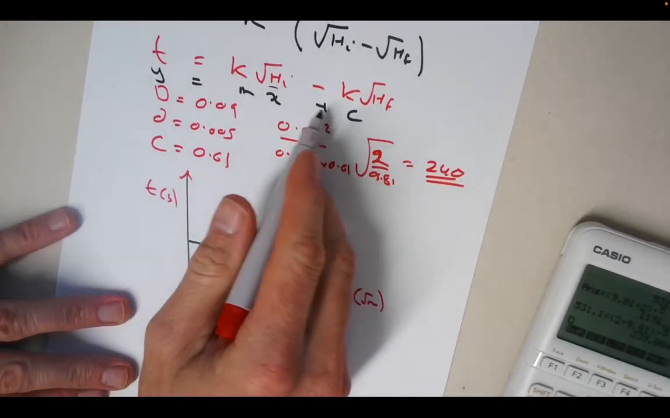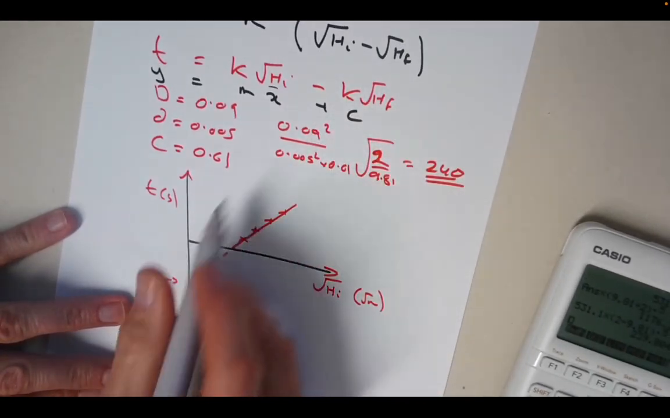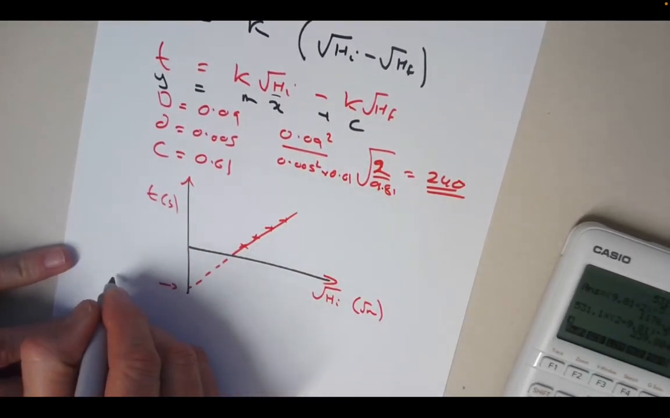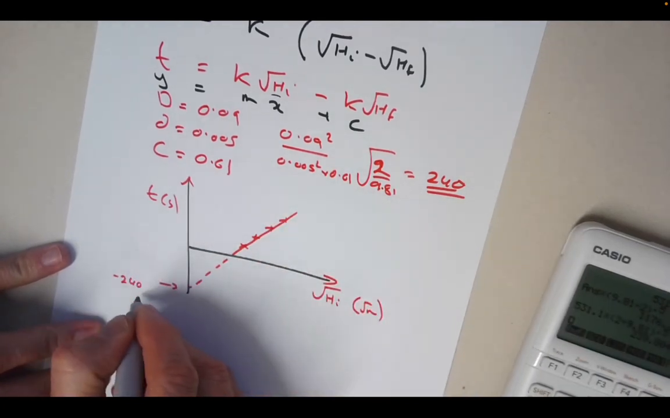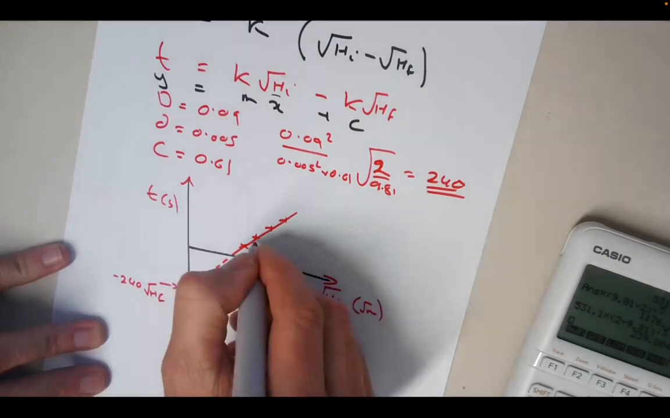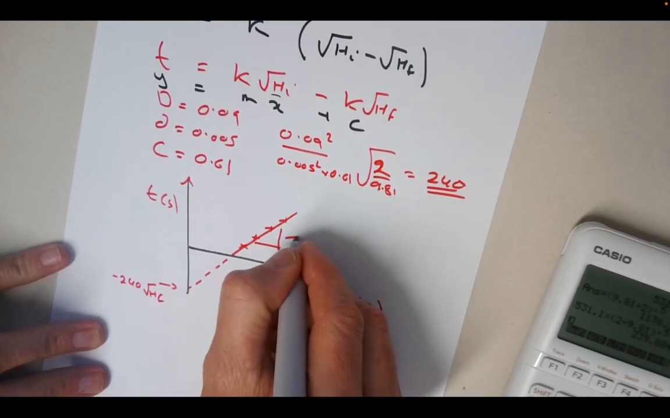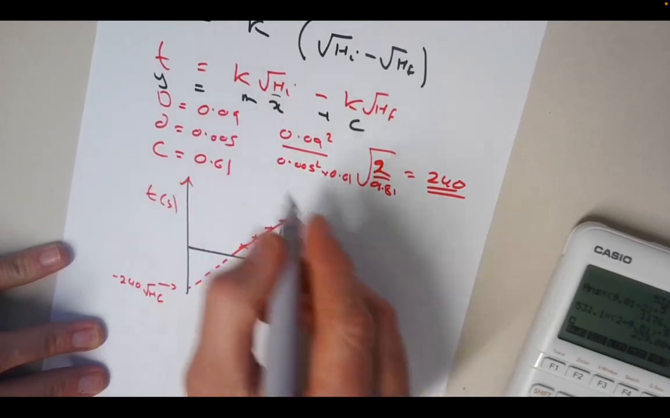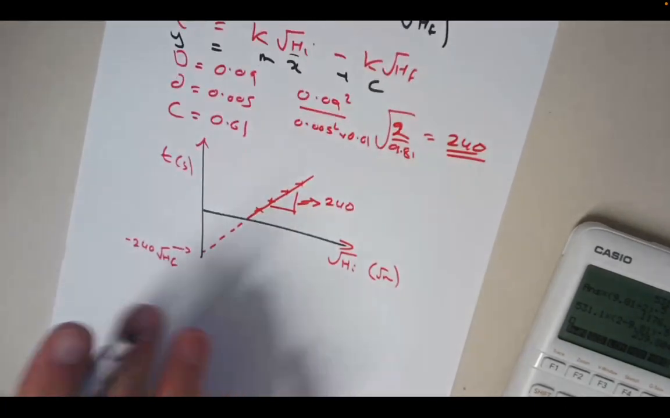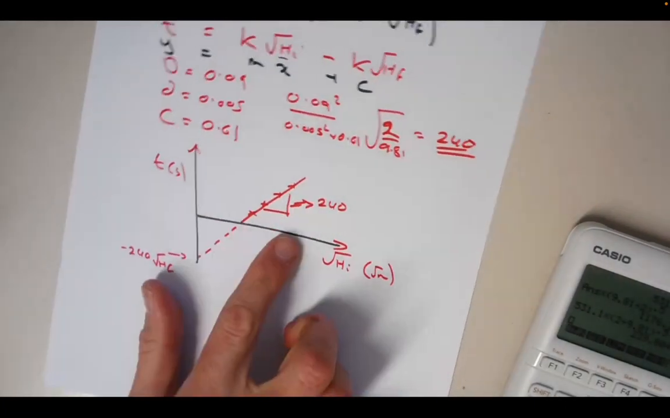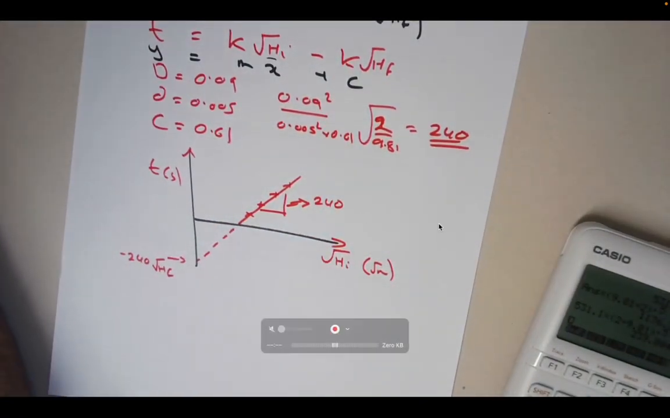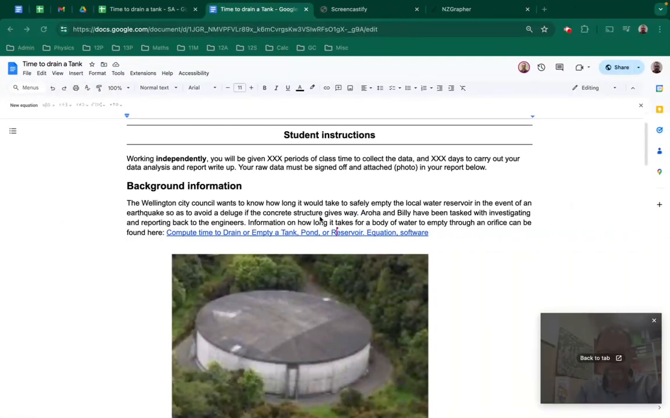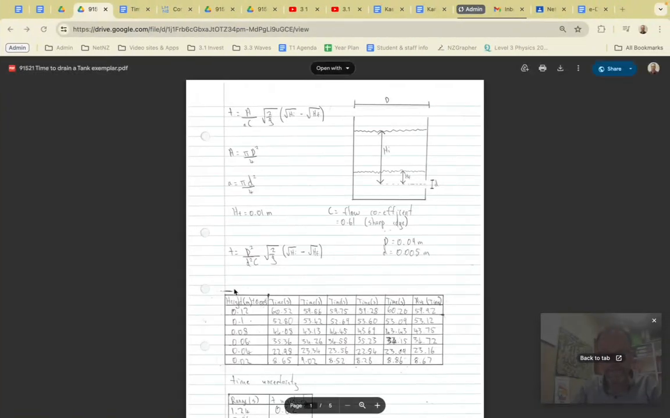So what it basically says is there's going to be a y-intercept, and that y-intercept is negative 240 square root hf. And the gradient here should be what? 240. So there is your challenge. Can we take the data? Can you collect your own data? In fact, we're going to cheat here slightly. We're going to take his data here,